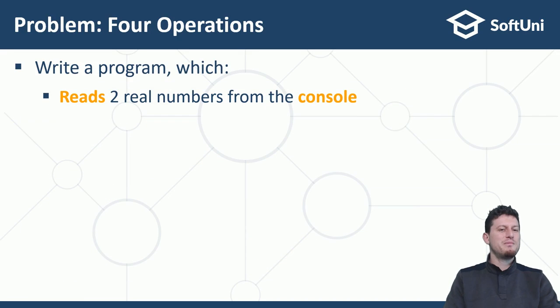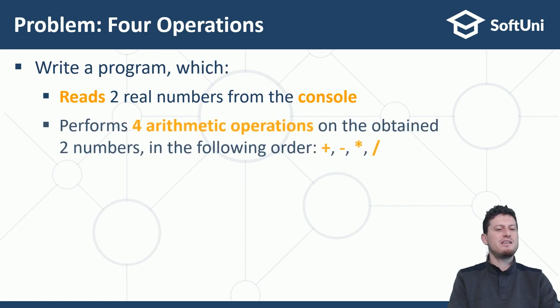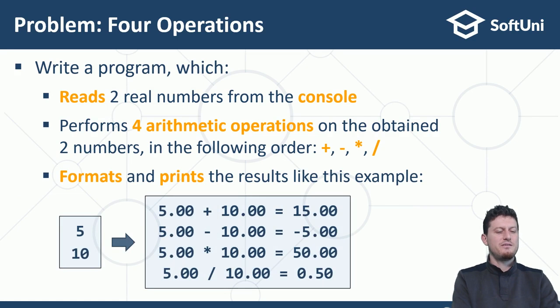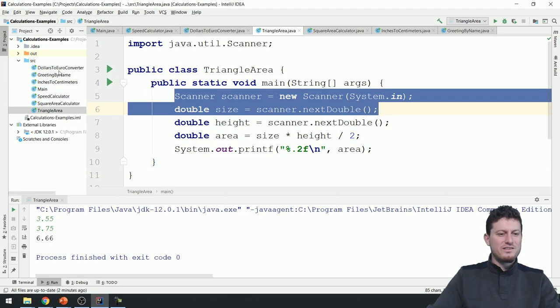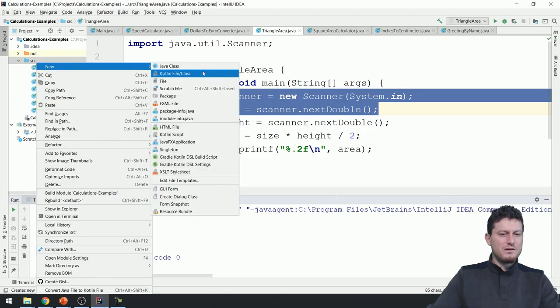The next problem is called four operations. It just reads two numbers and prints their sum, their difference, their multiplication, and their division, like this. If you have 5 and 10, we print 5.00 plus 10.00 equals 15.00. Okay, I will take these two lines, I will need them, and we'll say,